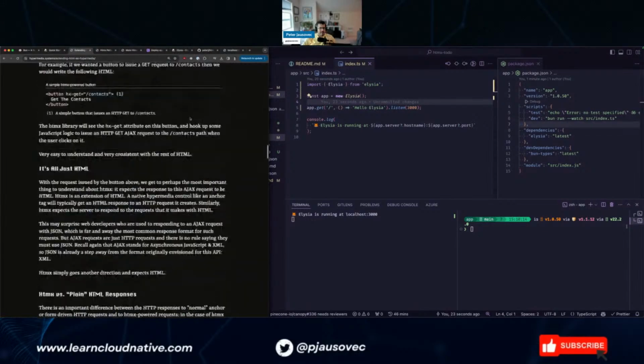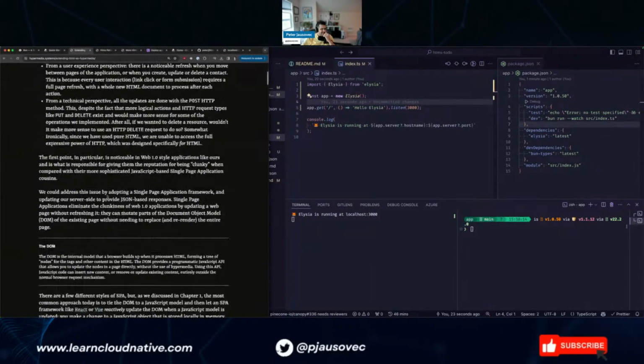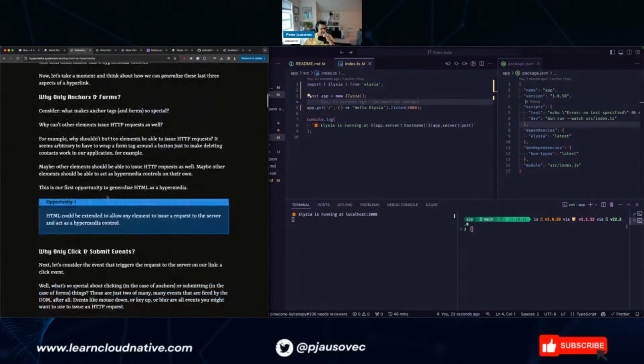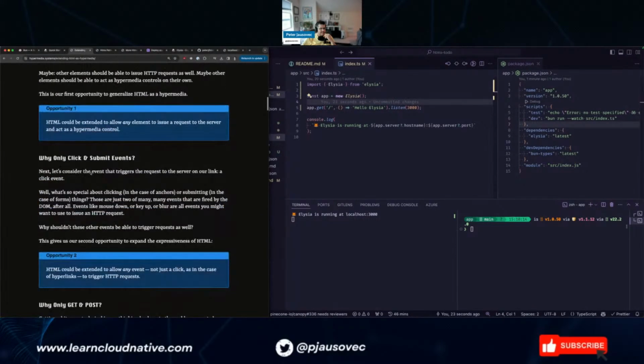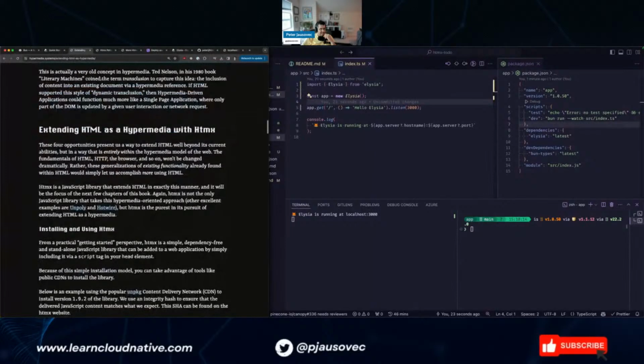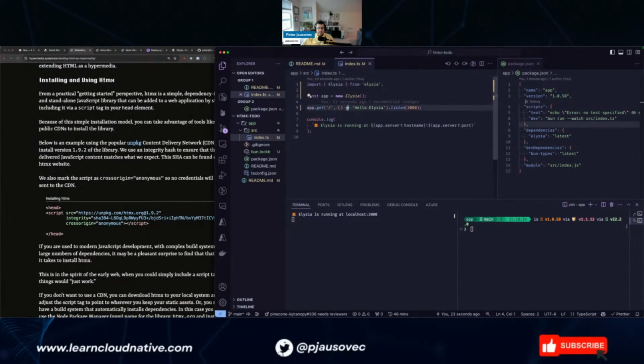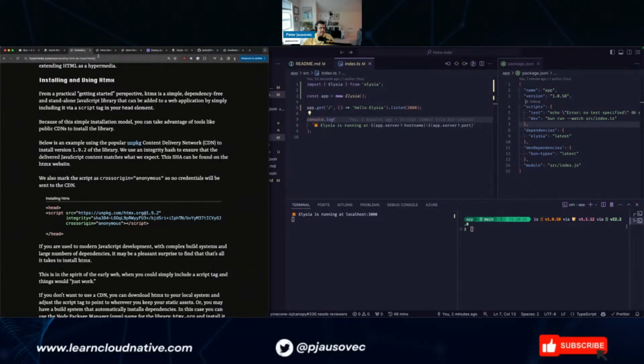All right, so let's go to the book. I haven't read it yet, by the way. So this is just explaining the hyperlinks, the logic behind it, and the reasoning why. Okay, installing. So what we need is a way to render and return HTML here, and I think there's a